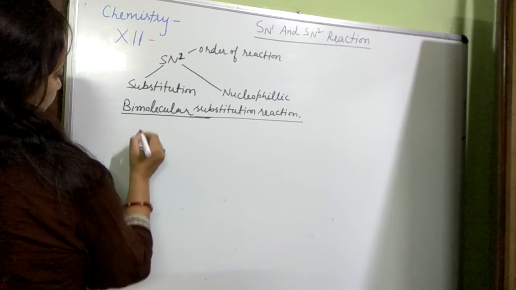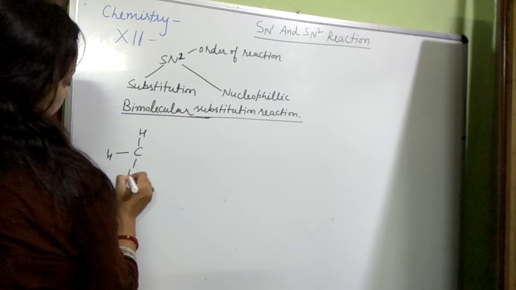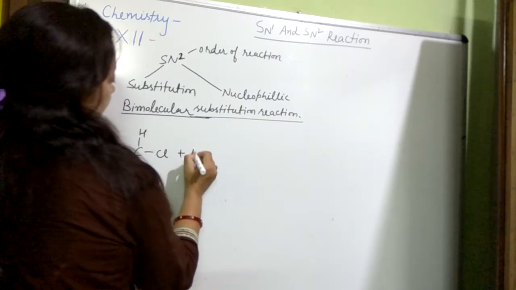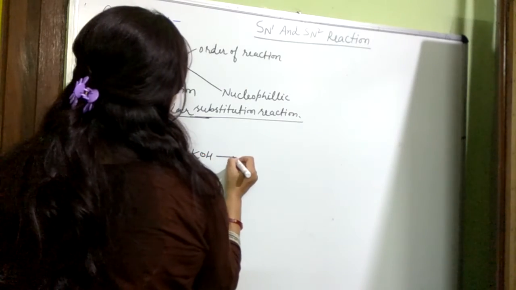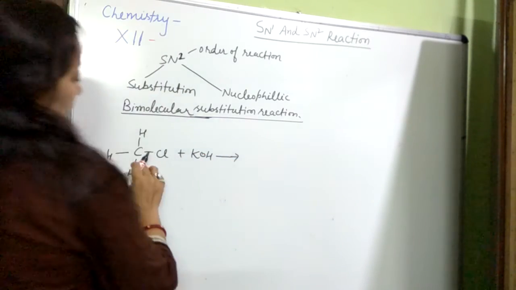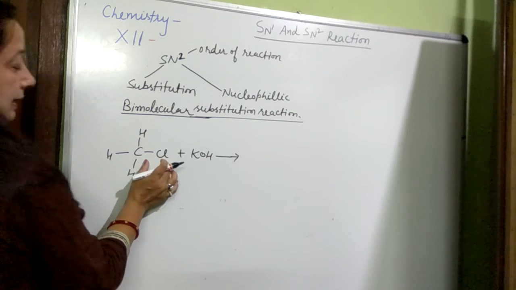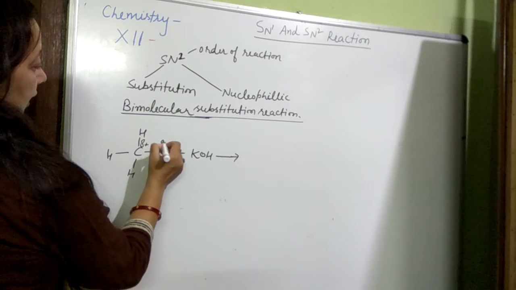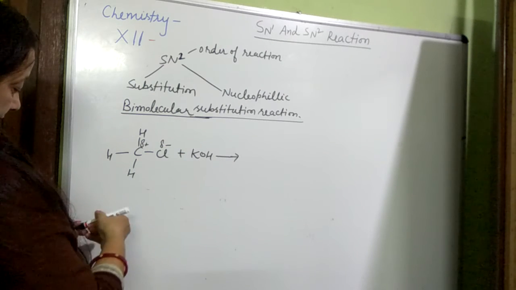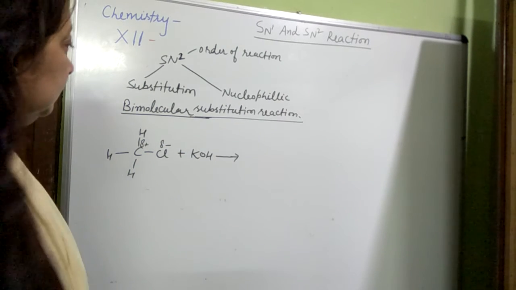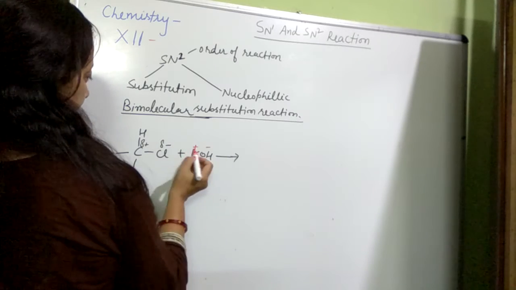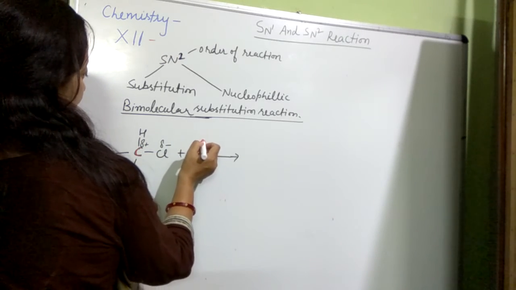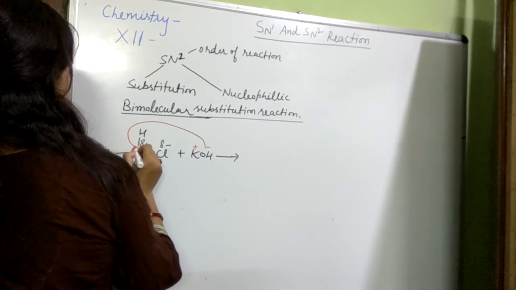If substrate is alkyl halide plus KOH, due to the weak bond between C-Cl, carbon gets partial positive charge and chlorine gets partial negative charge. It gets partial positive charge, so nucleophile attacks on this carbon,